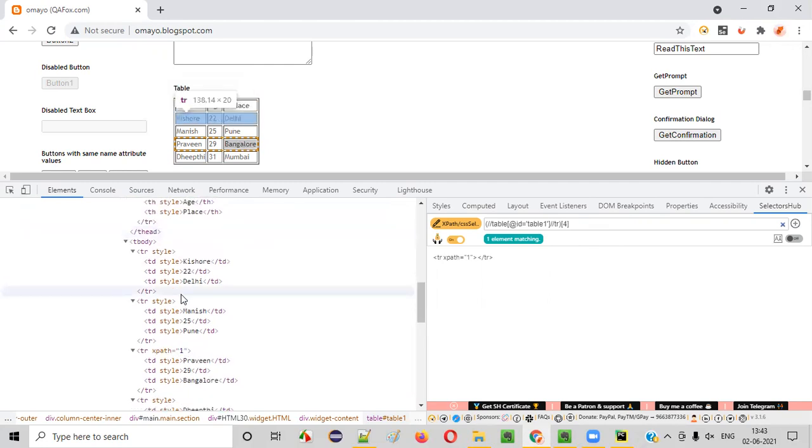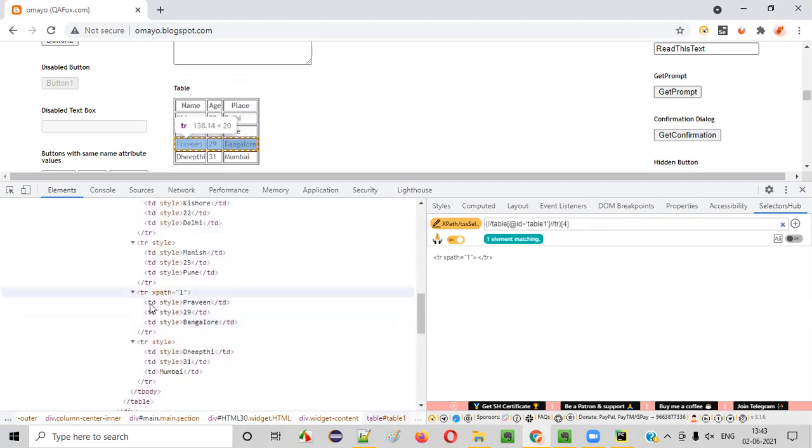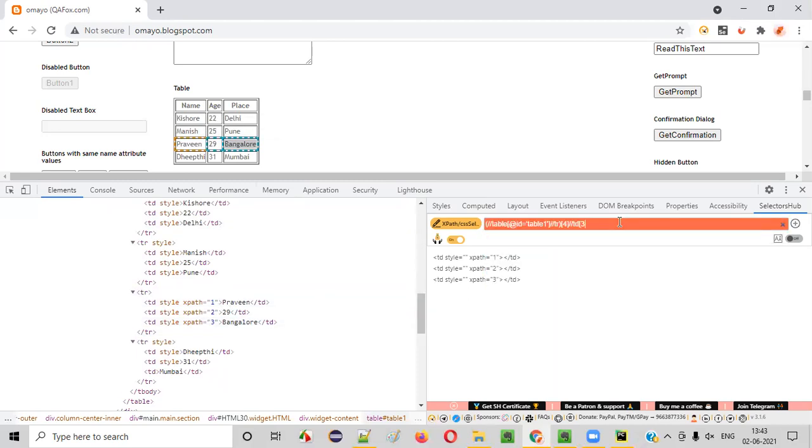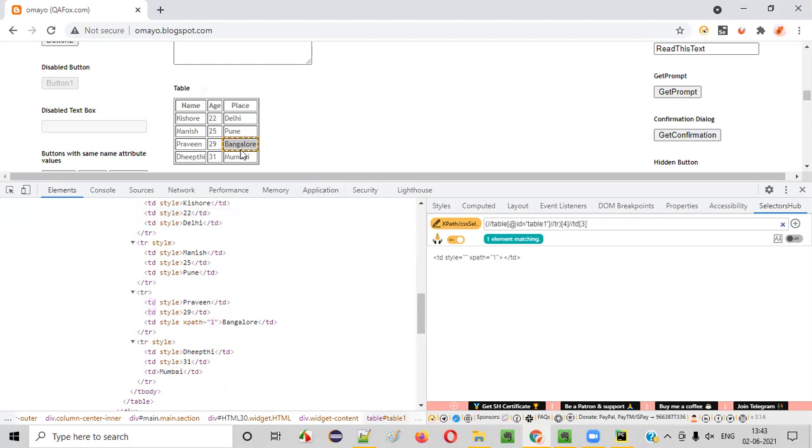Under this table row which got located, we have the td tags. So double slash td. If I say so, 3 table datas are getting located. I want the Bangalore one, which is at the third column. Okay, td3. You see, we are able to locate third column, fourth row. Like this we have tried the XPath, guys. If you have gone through the previous session, where I explained completely about how to build your own XPath, you'll understand how to create such kind of XPath expressions.